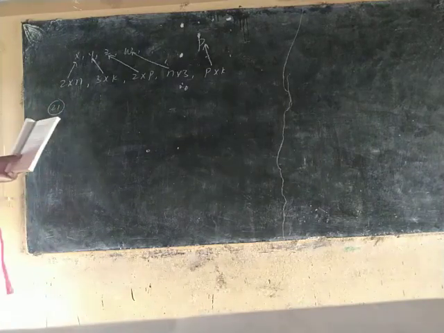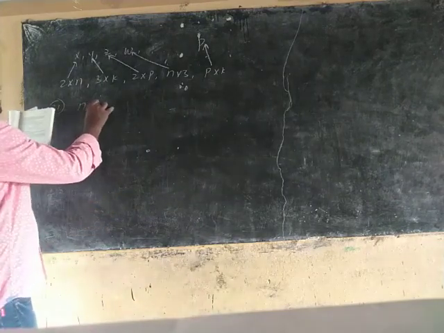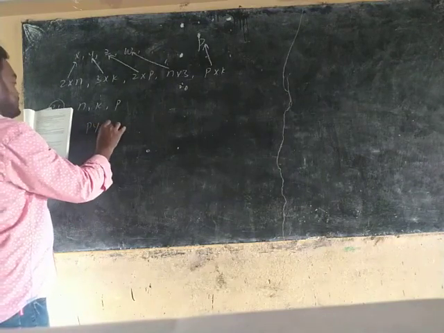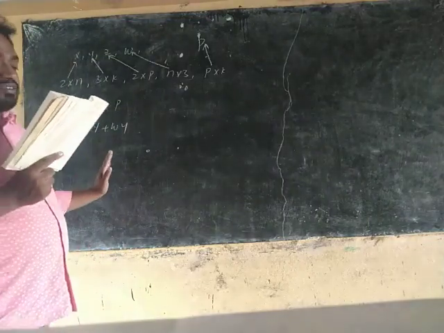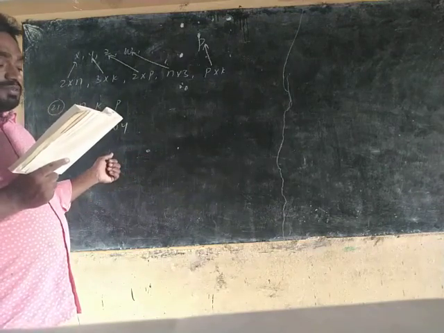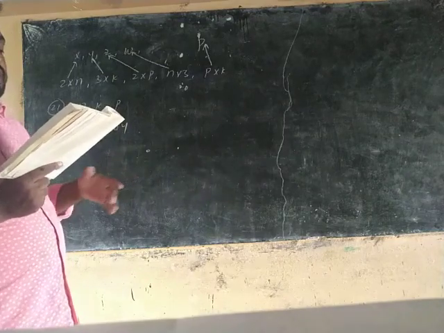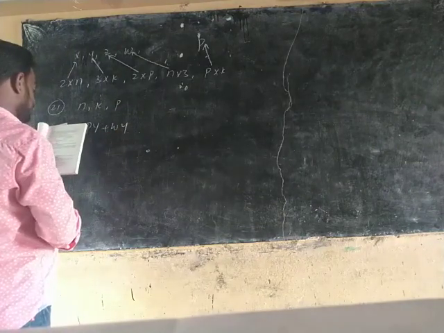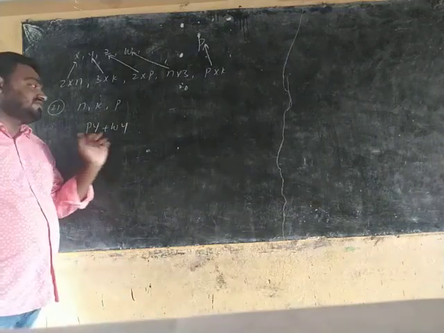Question 21: the restriction on n, k and p so that PY plus WY will be defined. Option A: k equal to 3, p equal to n. Option B: k is arbitrary, p equal to 2. Option C: p is arbitrary, k equal to 3. Option D: k equal to 2, p equal to 3. So which is defined? PY plus WY is defined.